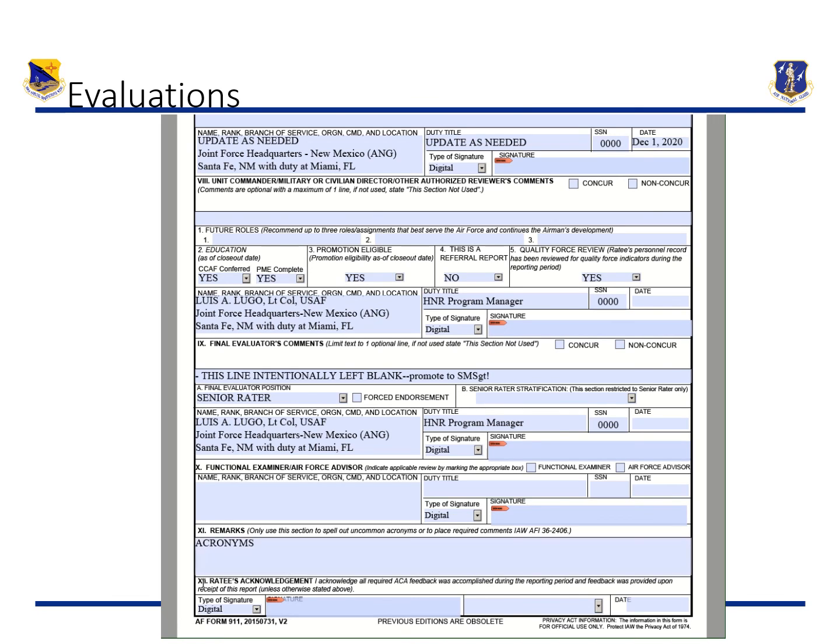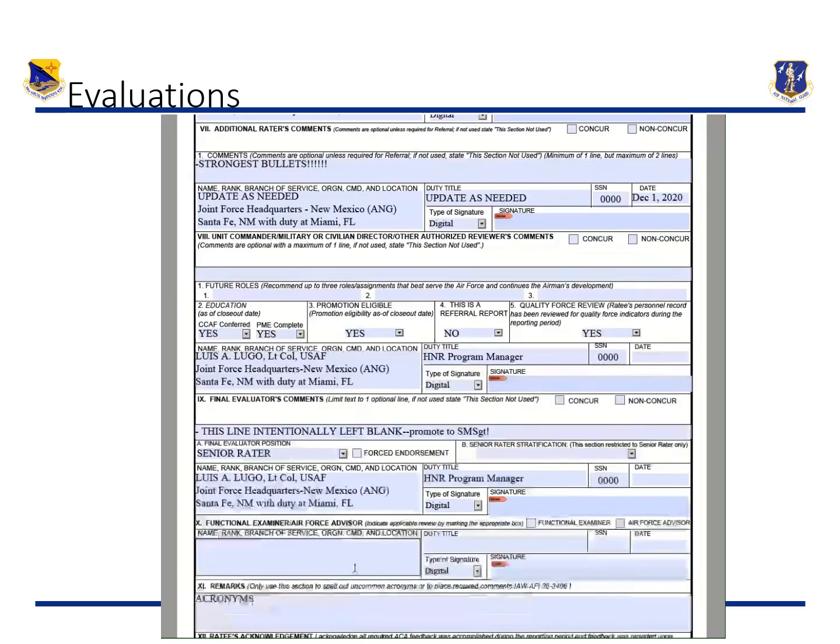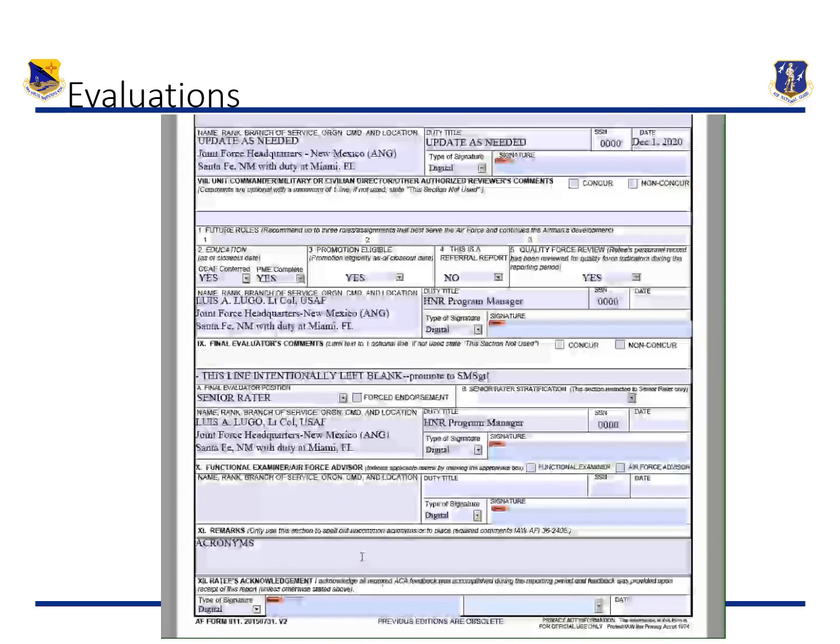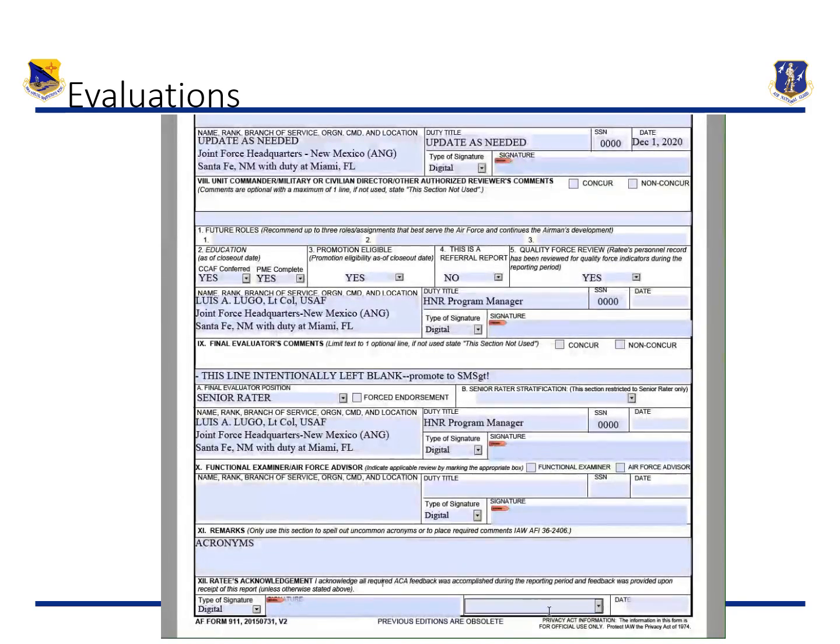Last but not least, we'll have section 12, which is the ratee's acknowledgement. And again, this will only happen the day of the static closeout date. This cannot happen before. This has to happen on the last day, which is 30 September. And if the member is not available to sign, we'll put that in. Or if the ratee refused to sign, we'll put that in as well. And it'll be marked by the date. I hope this has helped.